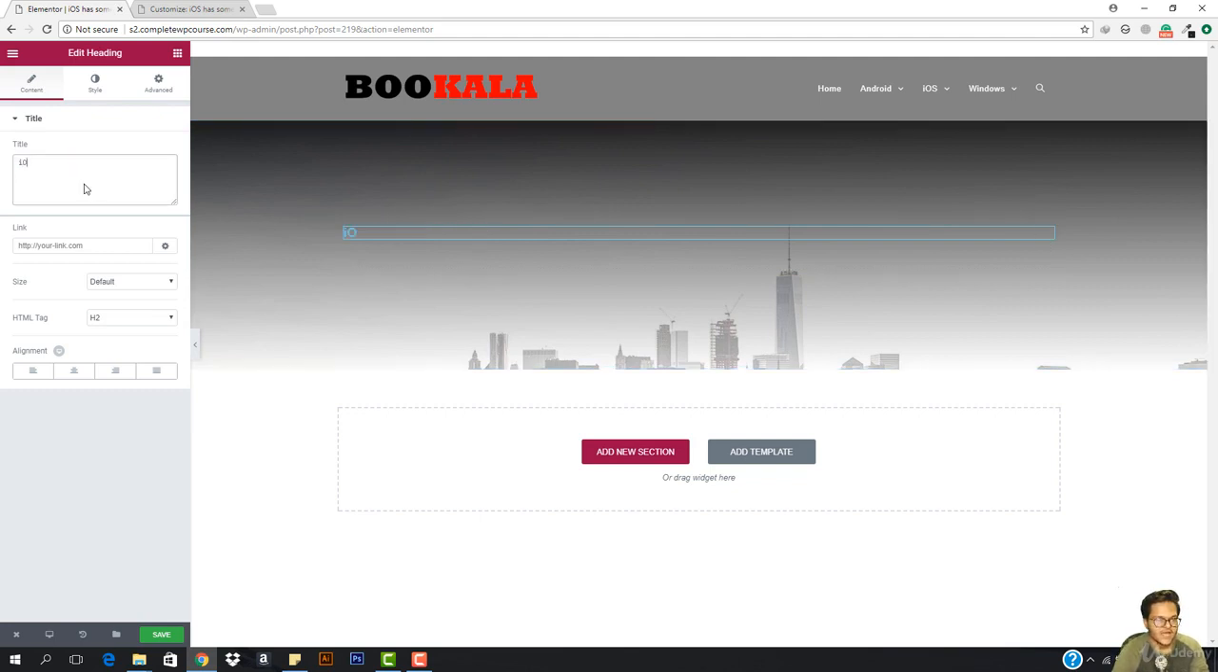So what is the title right here? iOS has some bugs that need to be fixed. Cool. Okay, what I want to do right now is align this to center, and I want to